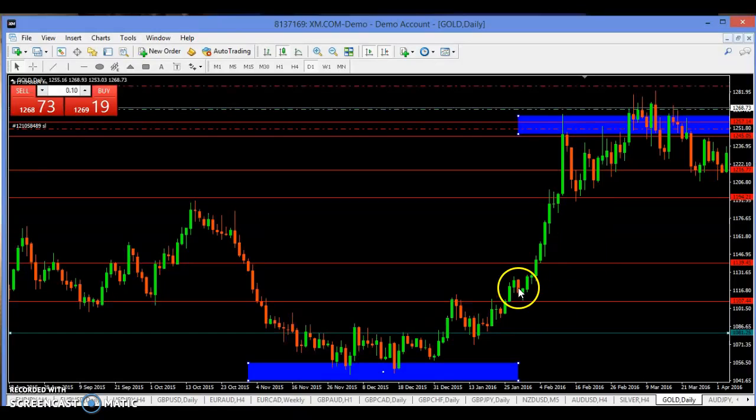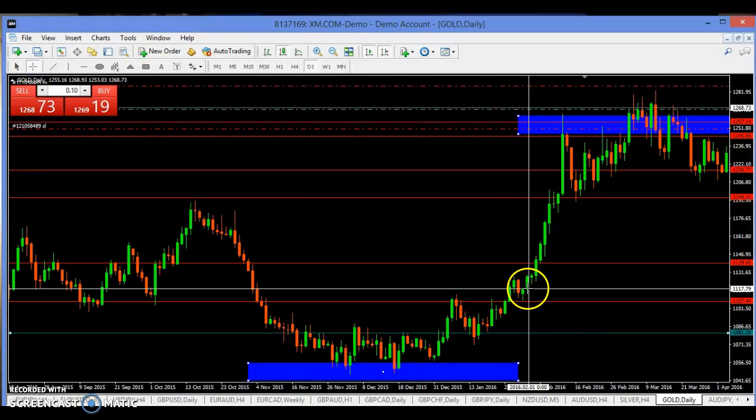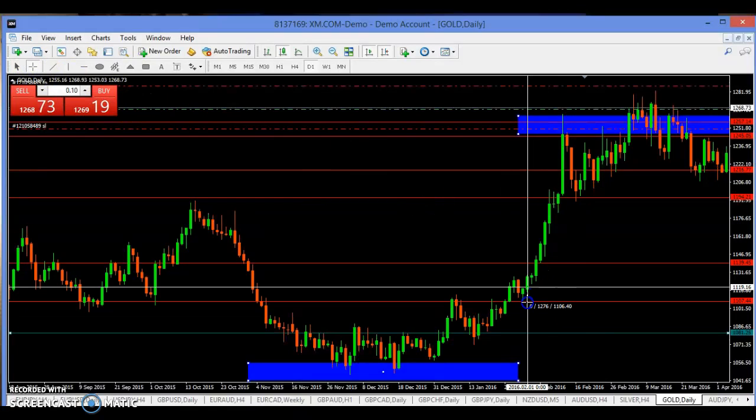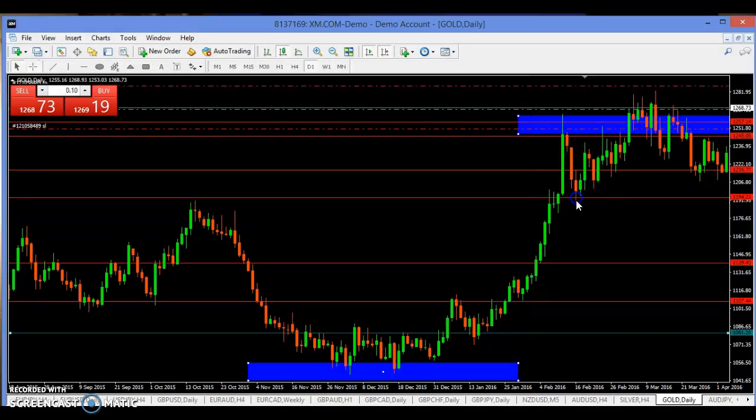So as soon as this kangaroo tail is formed, I'll put another buy stop here, and my stop loss will just be here. So I'll be risking 127 pips, and my target will still be here to have 700 pips. So you see how it's very simple. That's why most people ask me, how do you trade with a lot of ease, without stress? You see how it's very simple.